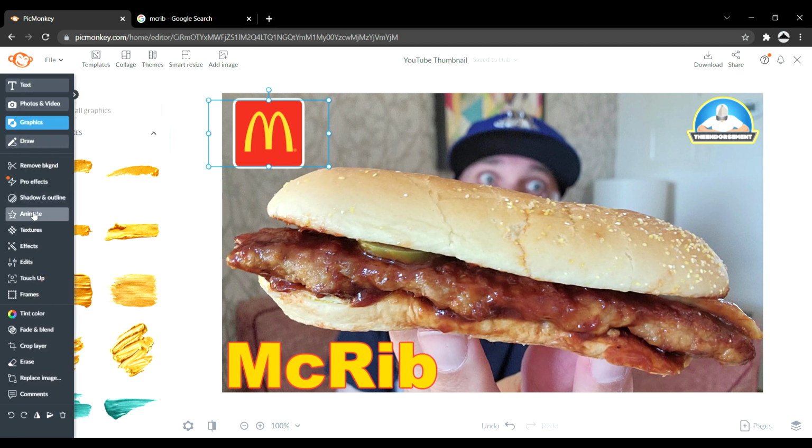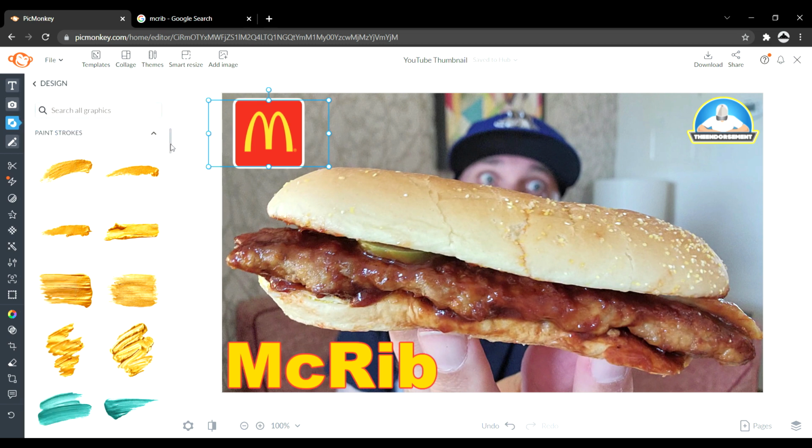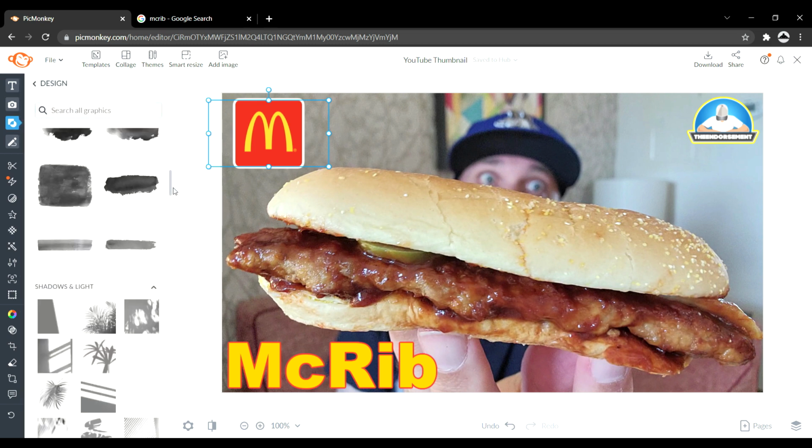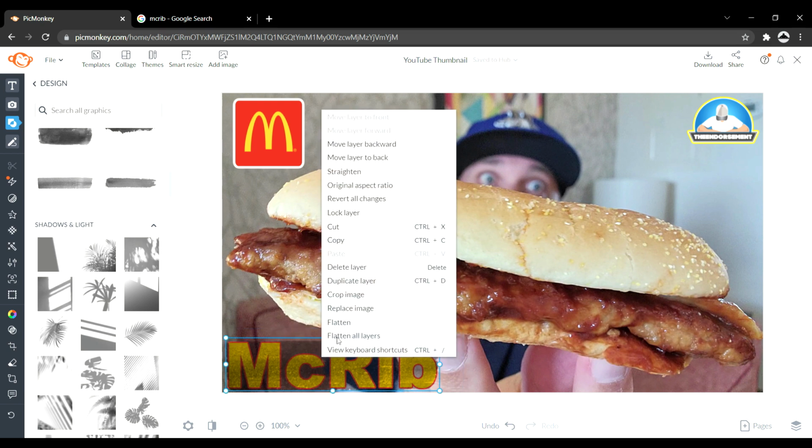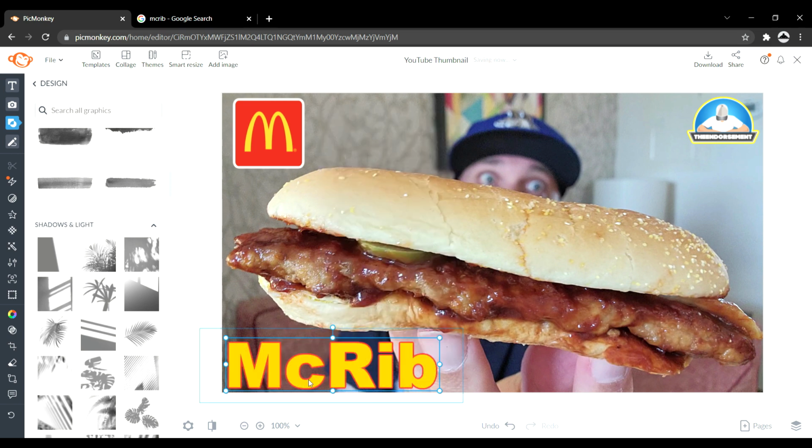So where am I going now? Oh, okay. A lot of times I'll do a background that goes behind the lettering to make the lettering pop out so it can be read easily, especially on my YouTube page, where the thumbnail is going to be smaller. This is one I use a lot, so I'll size this up, bring it over and get it right to the bottom. Then I'll send it to the back and see what it looks like. Is it going to make the words pop? So I go up here,